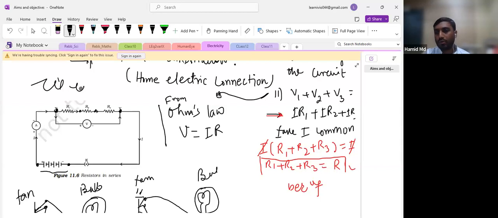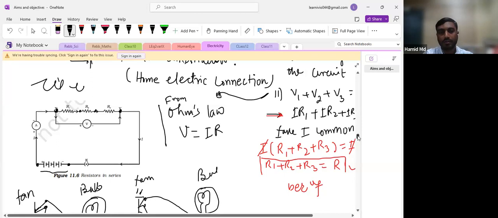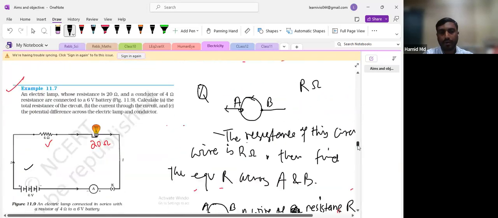Okay. So Tejasvi, do you know how to calculate the R equivalent in the series combination? Can you do it on your own? If not, then you have to practice it, okay? It's already done. In the same way, we calculated the R equivalent for the parallel as well,